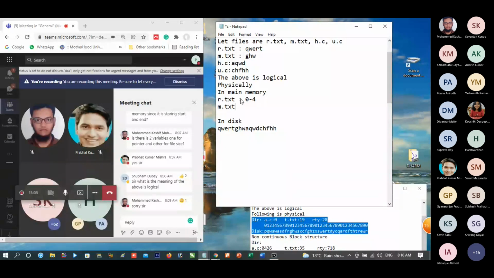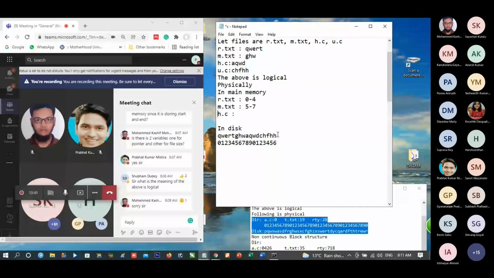M.text is between 5 to 7. It is becoming difficult for me to note down everything, so I am writing the locations 0, 1, 2, 3, 4, 5, 6, 7, 8, 9.